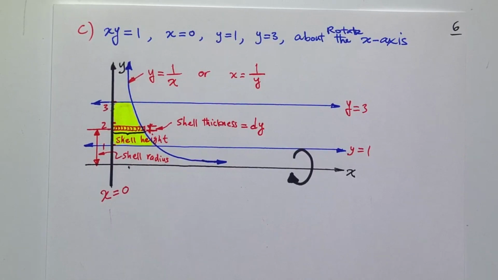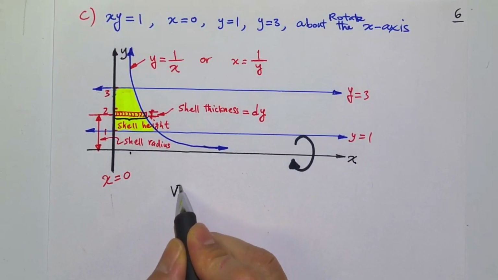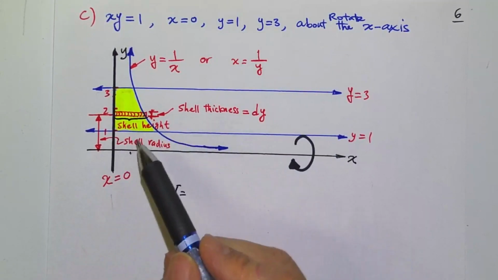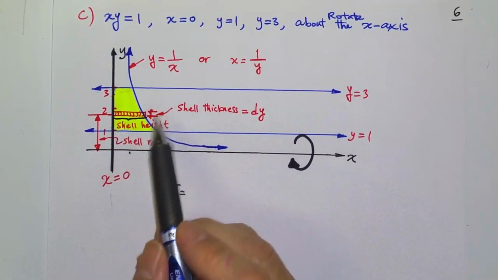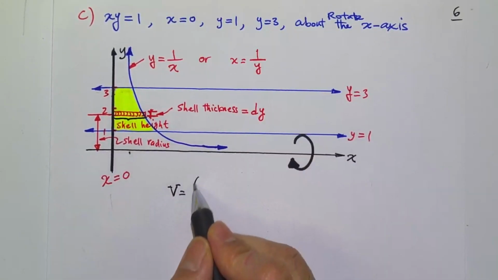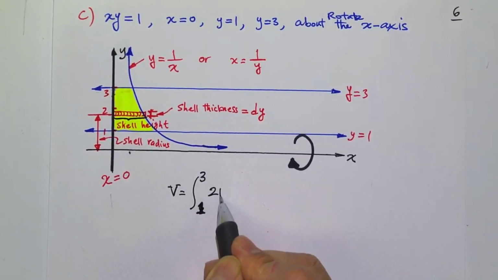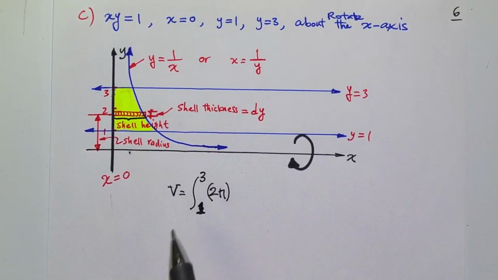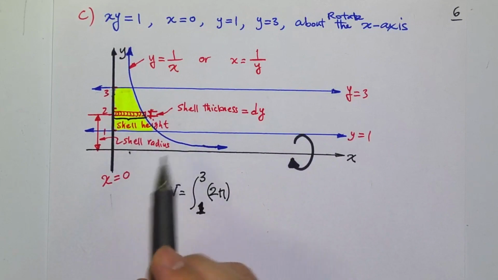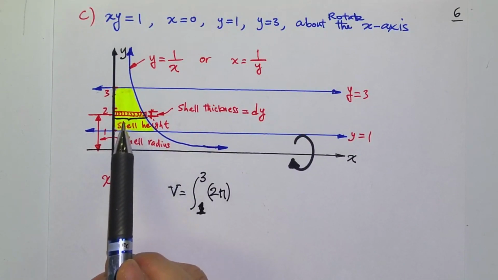Okay. So now that we've identified everything, just double checking, yeah, shell thickness, shell height. Let's write the formula for calculating this volume. You can see on the figure that the limits of integration will be from 1 to 3, right? From 1 to 3 here. And then we have 2 pi. Then the shell radius in this case would be